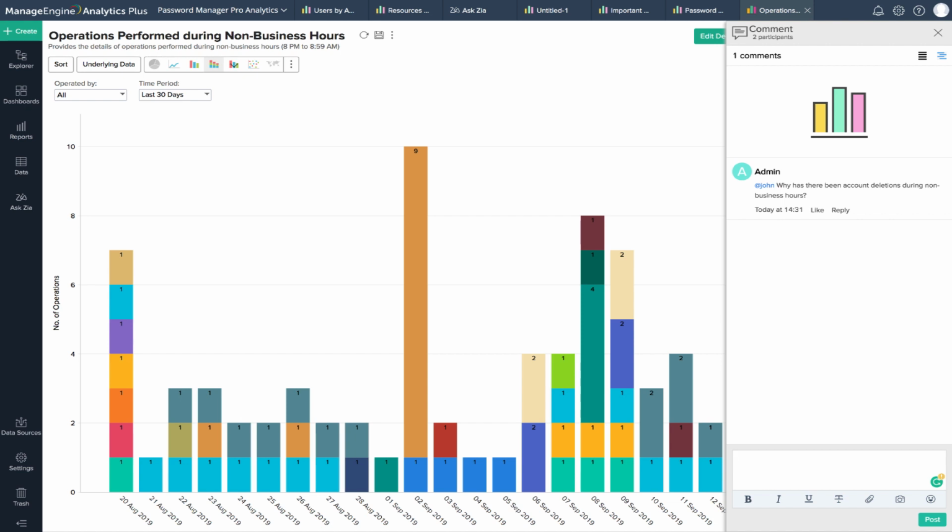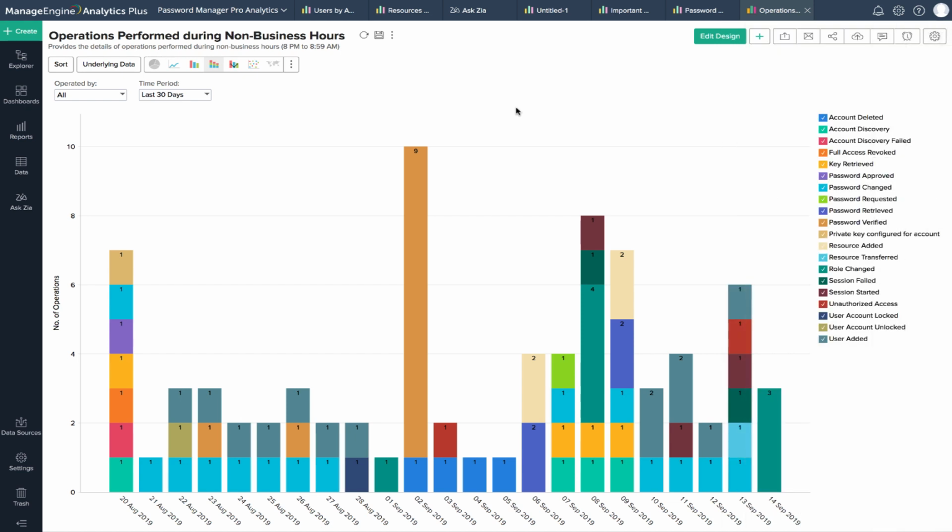That way you're establishing context. John can also take a look at the report or the activity that you're talking about before he can reply with an answer or tag someone else on this report whom he thinks would know the reasons behind such actions. This way, analytics helps catch such actions and lets you analyze reasons behind suspicious activity and establish better